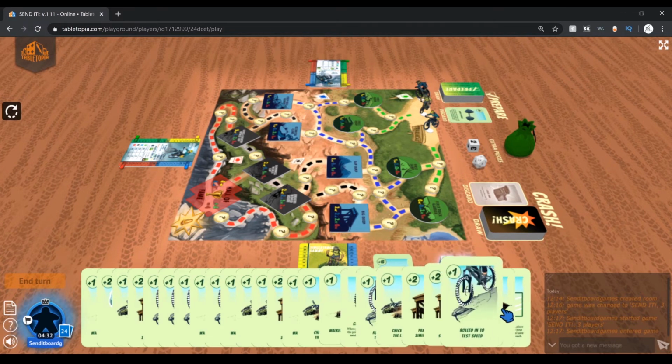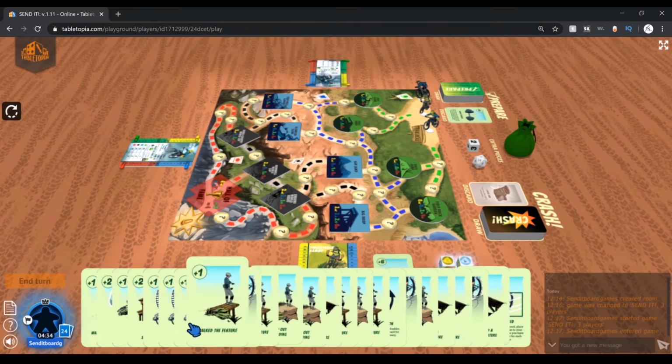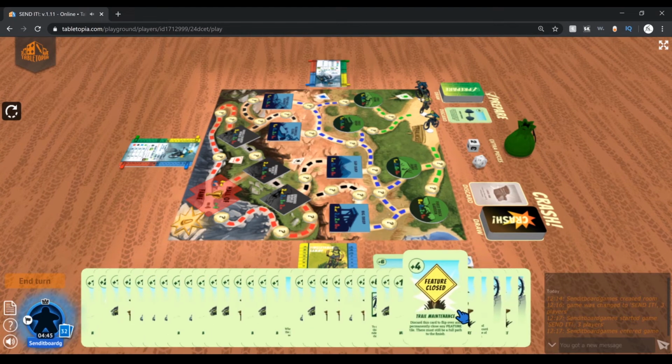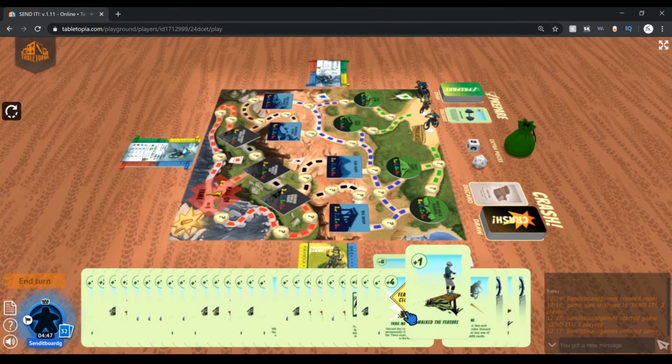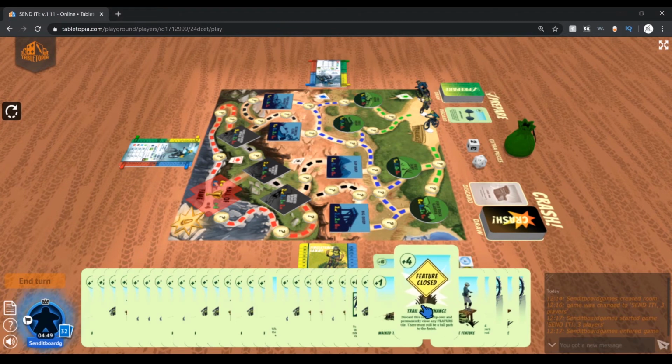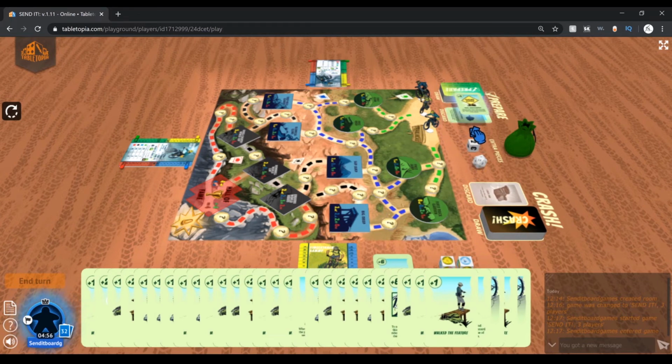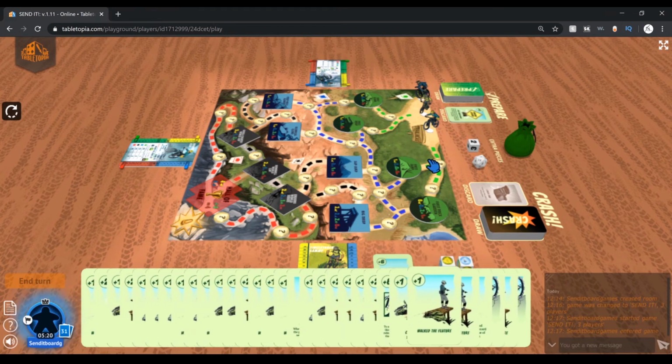Let's say that we wanted to show an example of a card that we don't have yet. Here we go. Is what I was looking for. So feature closed card. Discard this card to flip over and permanently close any feature tile. Okay, so we will say, all right, we're playing that, and discard it over here. And you can tell it's discarding properly when it turns orange like that. There we go. Okay, so we're going to discard that, which means we get to flip over and close a